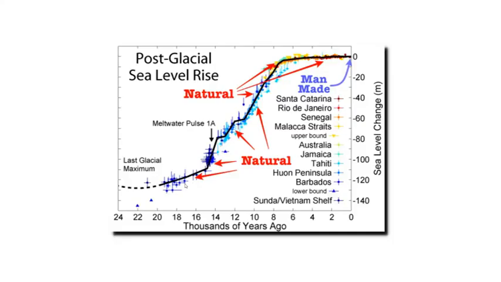And if we go back even further, we can see that sea level has actually been rising for about 20,000 years. 20,000 years ago, sea level was about 120 meters or 400 feet lower than it is now. Anthropologists believe that during this time when sea level was very low, people were able to walk across from Siberia to North America, and that's how the first humans got here. From about 14,000 years ago to 8,000 years ago, sea level rose very quickly, but since then it's been quite slow. Climate alarmists want you to believe that this 400 feet of sea level rise was all natural, but somehow the last few inches were man-made.